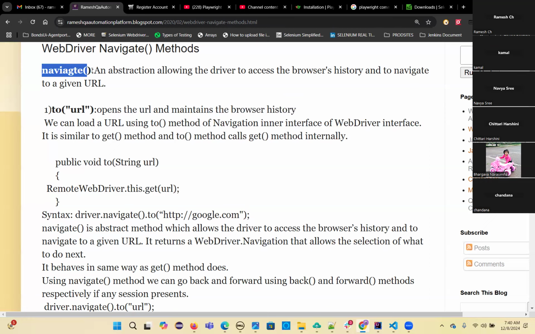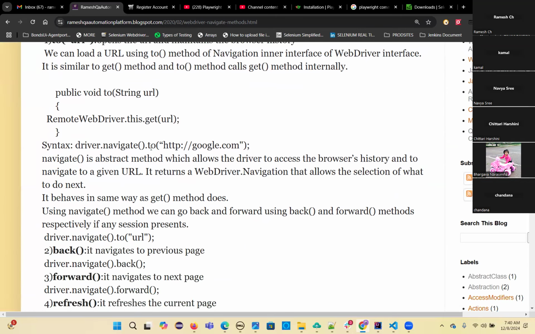But this navigate method has all the browser's history methods. So this is the syntax: driver.navigate().to(URL). This navigate method has another method chaining. So you are navigating from this browser to this URL. And then if you want to simulate this browser back button,